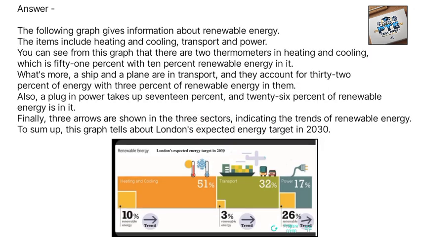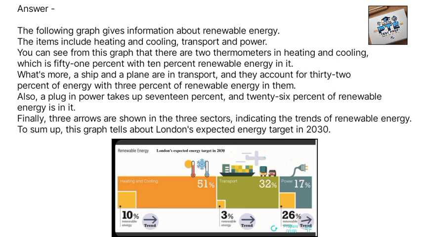The following graph gives information about renewable energy. The items include heating and cooling, transport and power. You can see from this graph that there are two thermometers in heating and cooling, which is 51% with 10% renewable energy in it. What's more, a ship and a plane are in transport, and they account for 32% of